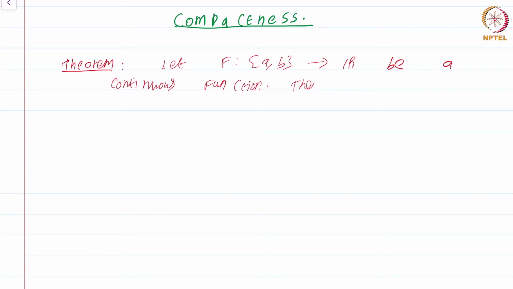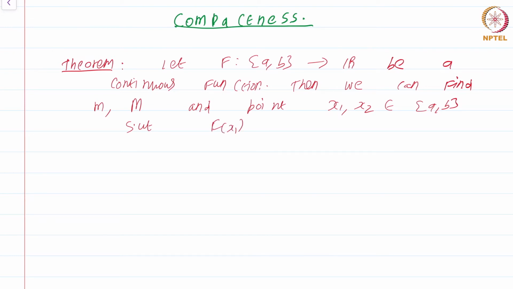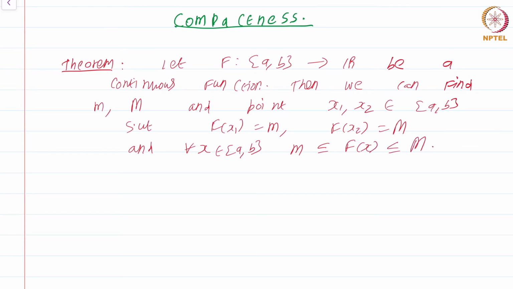Then we can find m, capital M, and points x1, x2 in closed interval [a, b] such that f of x1 is small m, f of x2 is capital M, and for all x in [a, b], m is less than or equal to f of x is less than or equal to capital M. This is just a very roundabout way of saying that a continuous function